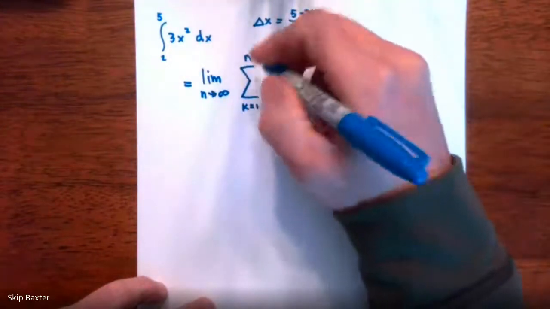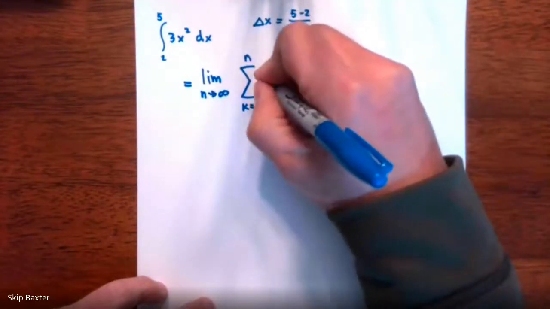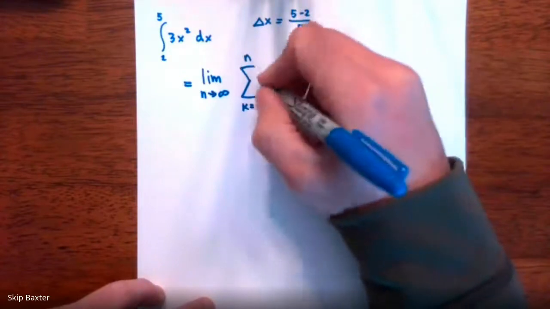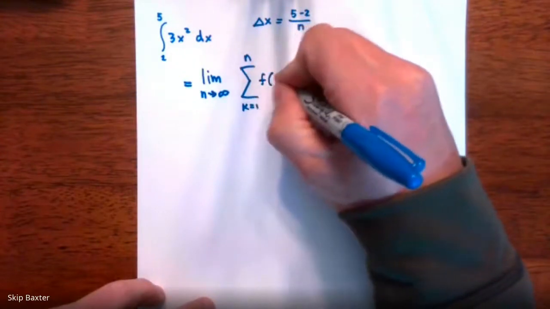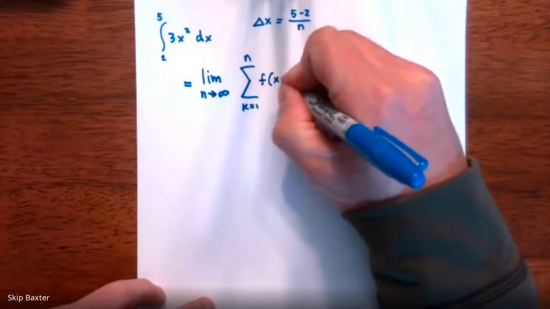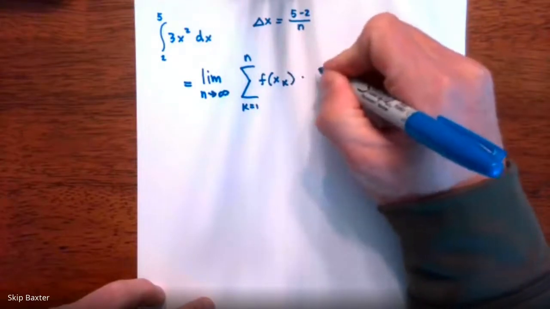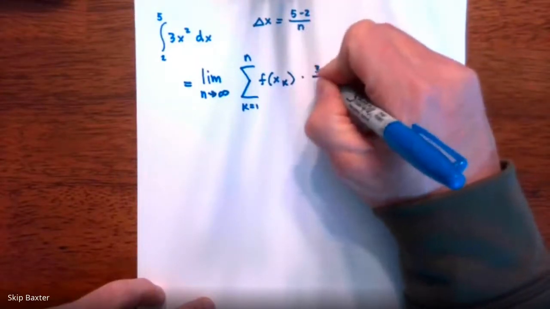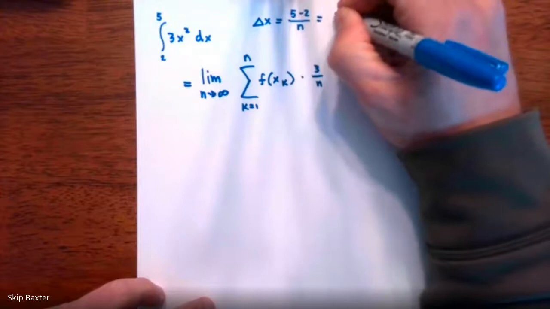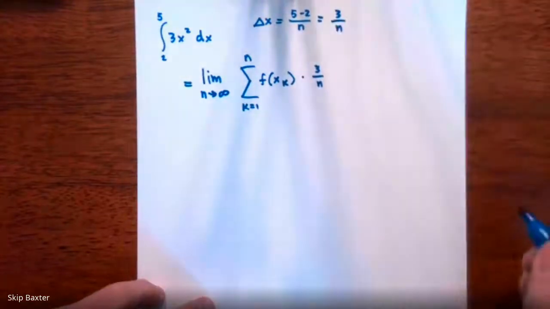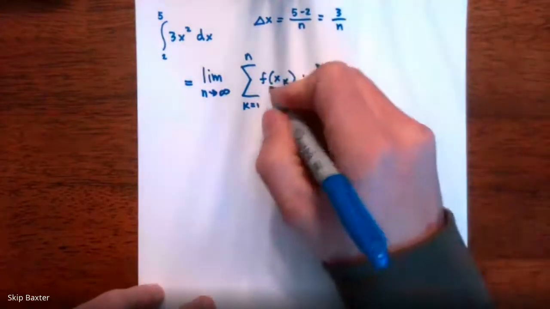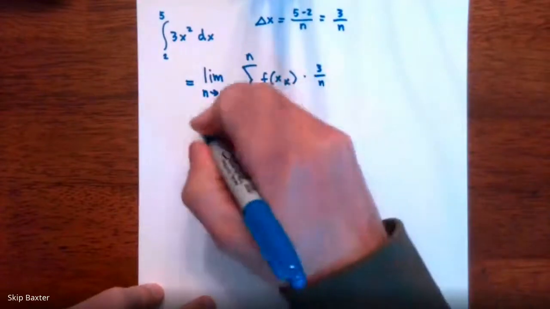Now I'm going to write it in 2 steps. You don't necessarily have to do this, but I'm going to. This is going to be f of x sub k times 3 over n, because that's the width of each interval, 3 over n. Now, this f of x sub k is really going to be